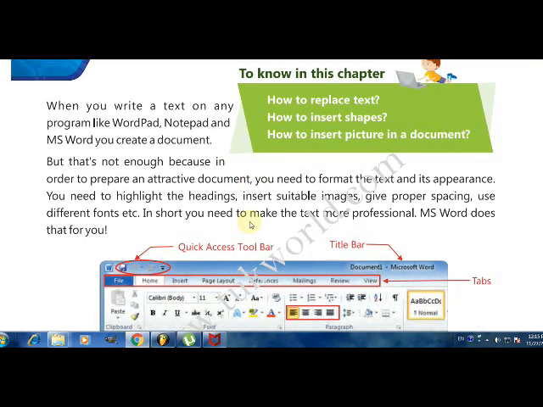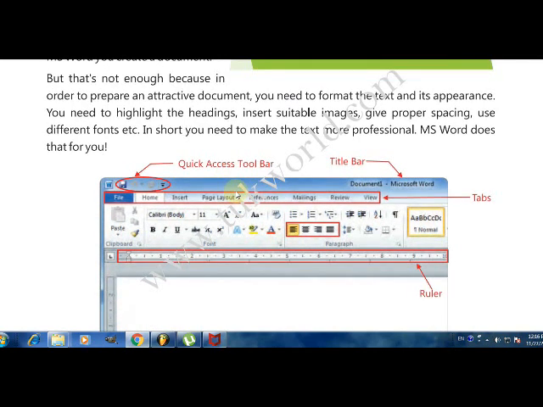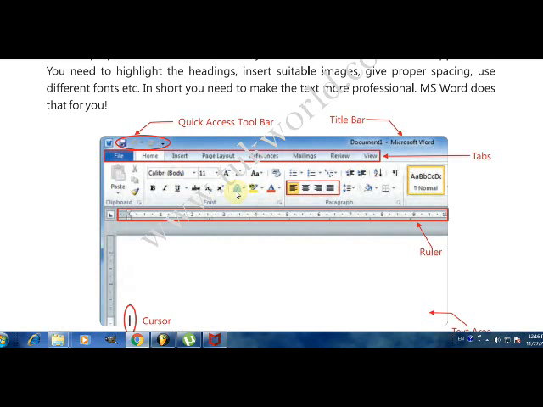Word application is generally used to create attractive documents. A document means what? It can be a notice, it can be a resume, it can be a CV, it can be a paper or examination papers. Or it can be any draft. And it allows us to create more attractive documents with the help of its inbuilt templates and inbuilt commands. Okay, now let's see how to open this application.